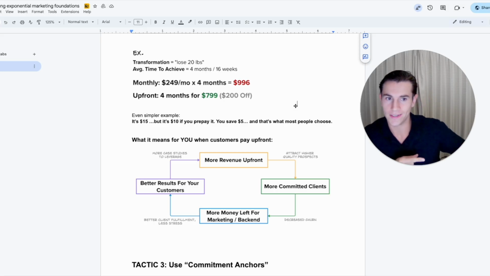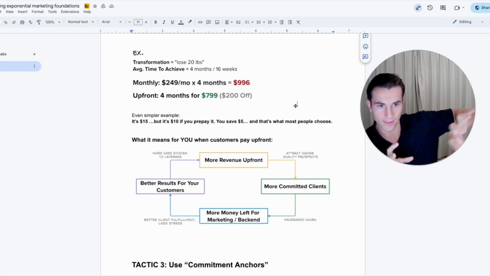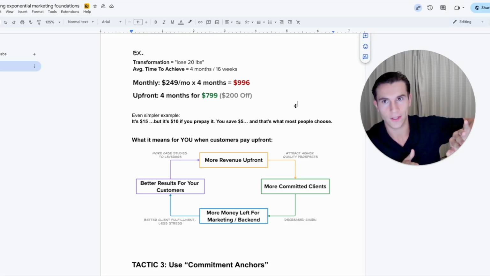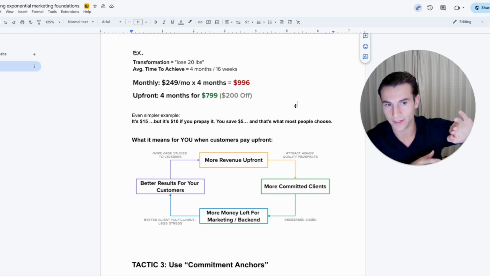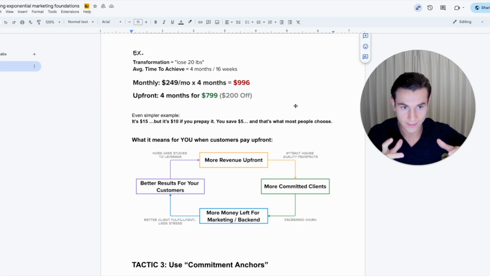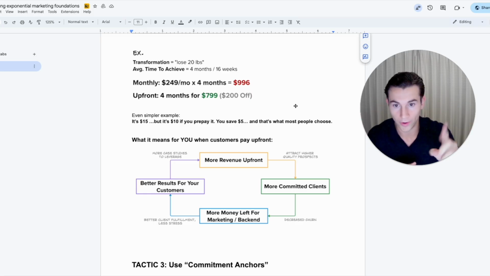And then you're going to kind of disqualify in a sense to get them to be like, okay, yeah, that's right. This is not a scam. This feels legit. He is kind of telling me the truth that it's going to take 4 months. This is not some crazy take-a-magic-pill sort of thing. It is going to be hard work. Okay, cool. Let's commit. And you just push them towards that one option, like I said.